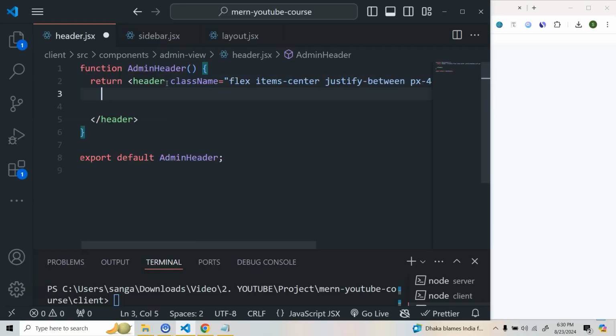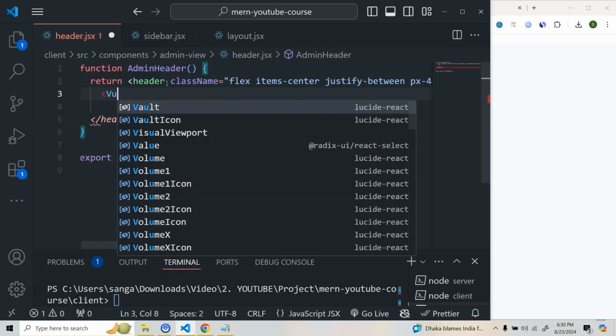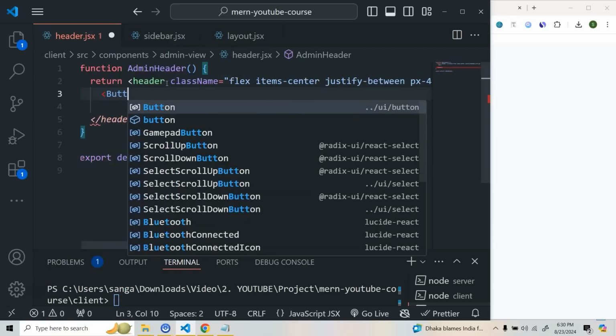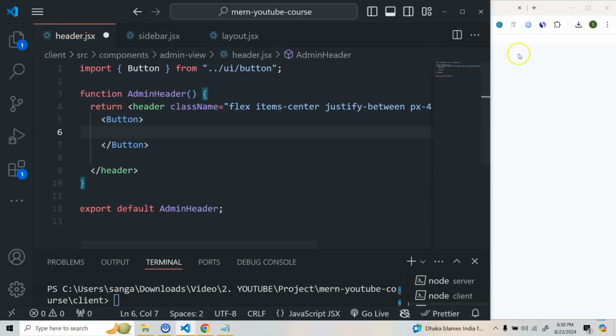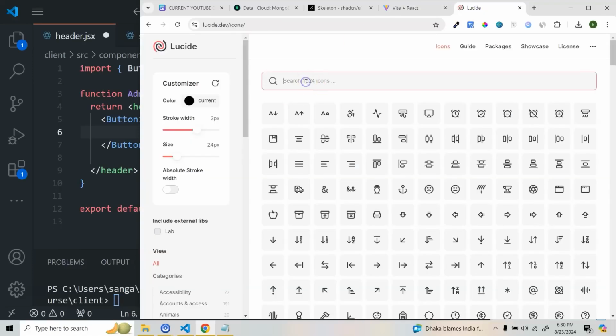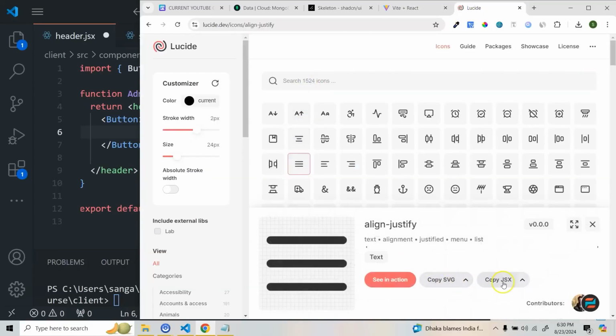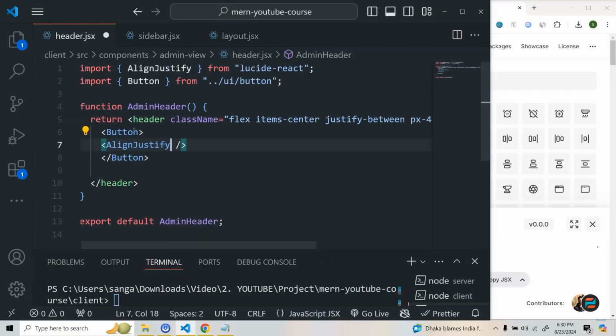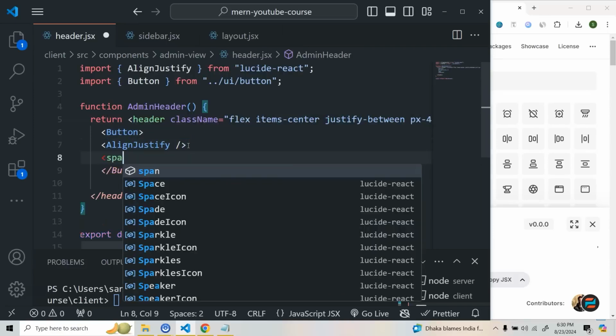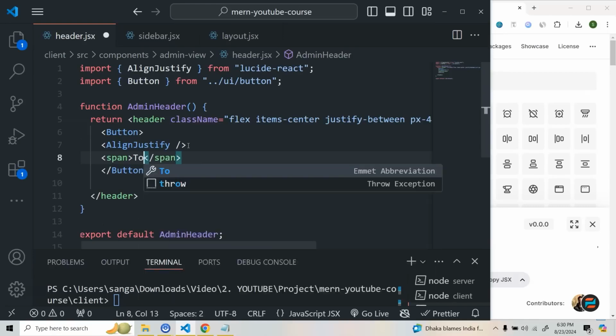Okay, inside this we will take a button, and here what we're going to do, right? So let's use some hamburger menu from here. Yeah, kind of this one. So let's copy JSX, paste it here, and let's import it. For this button, first let's see how this is looking, and after this what we're going to do, right, we will take a span, and we'll do toggle menu,